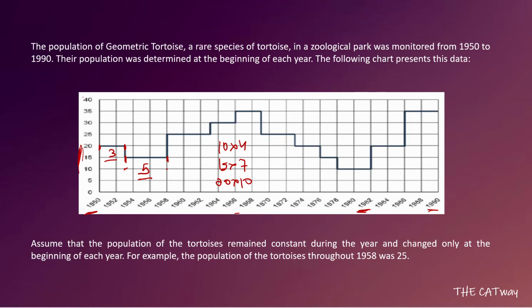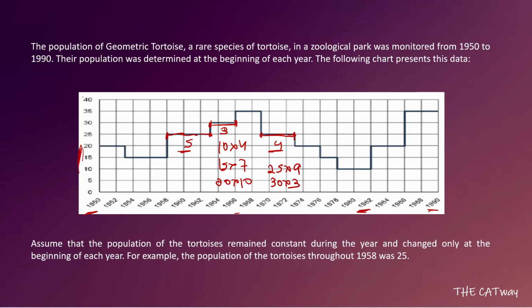Then we have to check for 25. How many times is it going to happen? 25 happened from here to here, that is 2 years and 1 year and 2 years, 5 years. Then it happened from here to here, for 2 years and 1 year and 1 year, a total of 4 years. After that it did not happen. So we can say that 25 happened for 5 plus 4, that is 9 times. Then we have to check for 30. 30 happened from here to here, that is 2 years and 1 year, a total of 3 years. 30 only happened this much, so 30 happened 3 times.